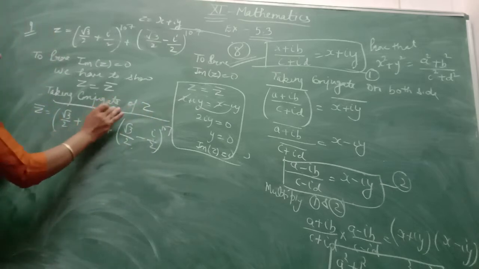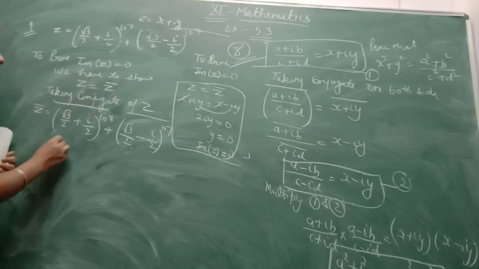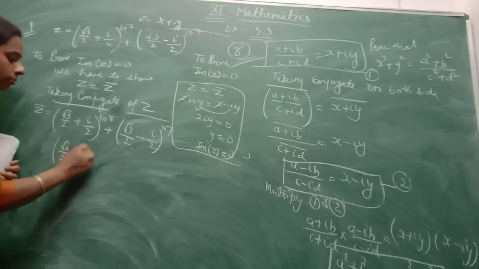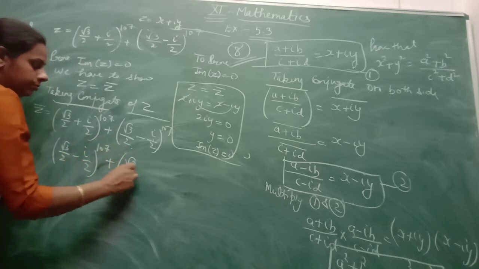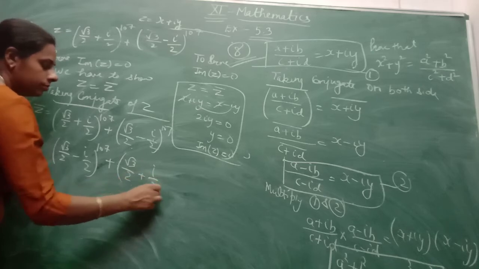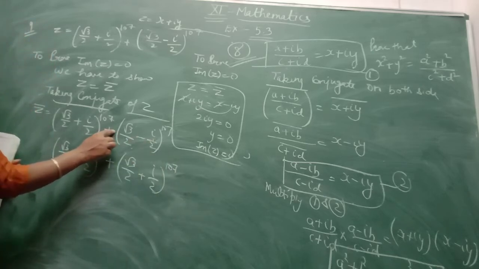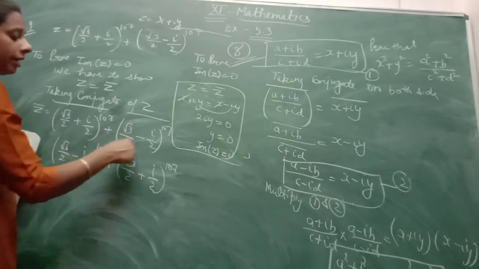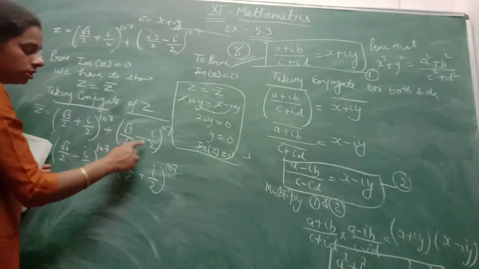As you know, the conjugate splits, z1 conjugate plus z2 conjugate, and as the conjugate affects only the imaginary part, its plus sign will become minus, and the minus sign will become plus, not the middle one, because there is no iota there. Its effect is only on iota. This is the imaginary part, so its sign will be changed.